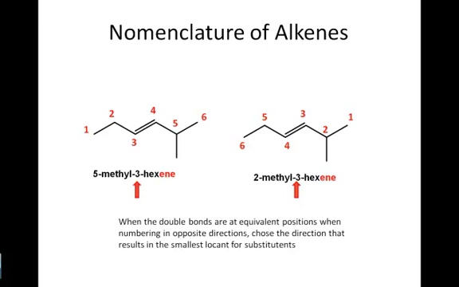When you run across a situation like this, and the double bonds are at equivalent positions either way that you number, you're going to choose the direction that gives you the smallest locant for your substituent. So the correct name for this compound would be 2-methyl-3-hexene, not